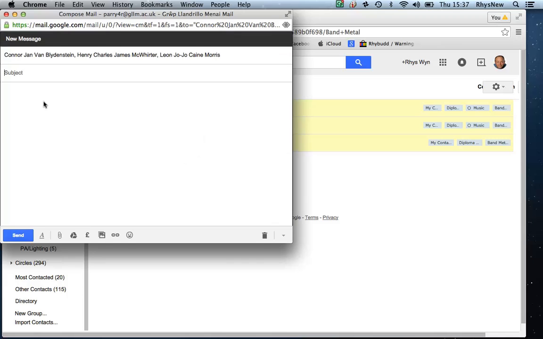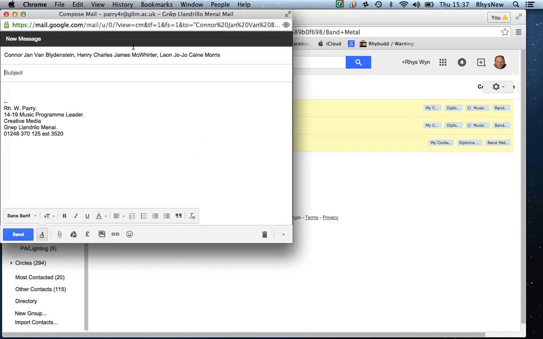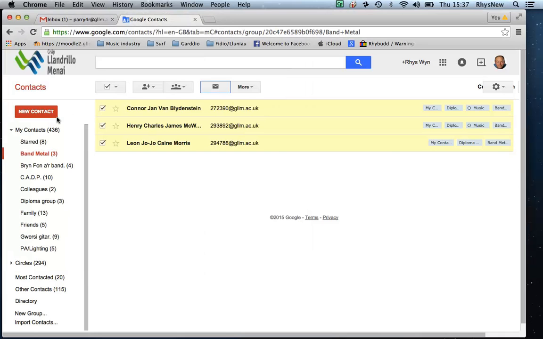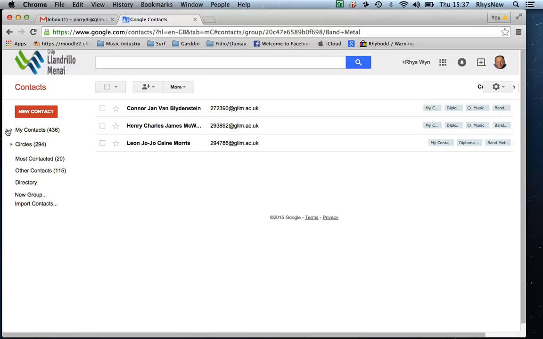It's just loading up, so I can send a group email, and there you can see that all their addresses come up in the email, and that saves me time. You know, makes things happen a lot quicker for me, and a lot tidier having everything in one group and being able to send one email. So there we go. Really, that's the groups.